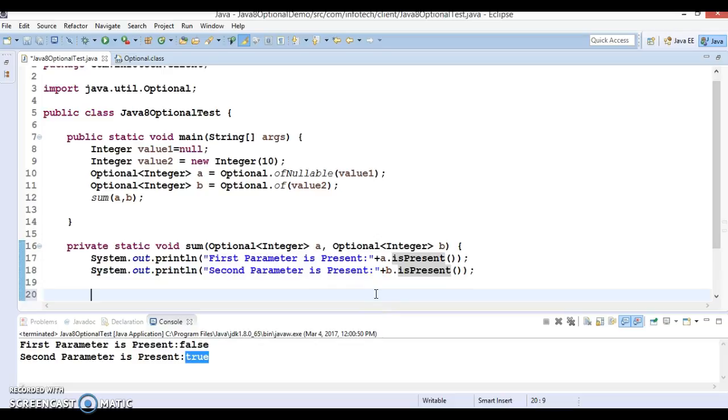So let's move ahead, and here I want to calculate the sum of these two numbers.